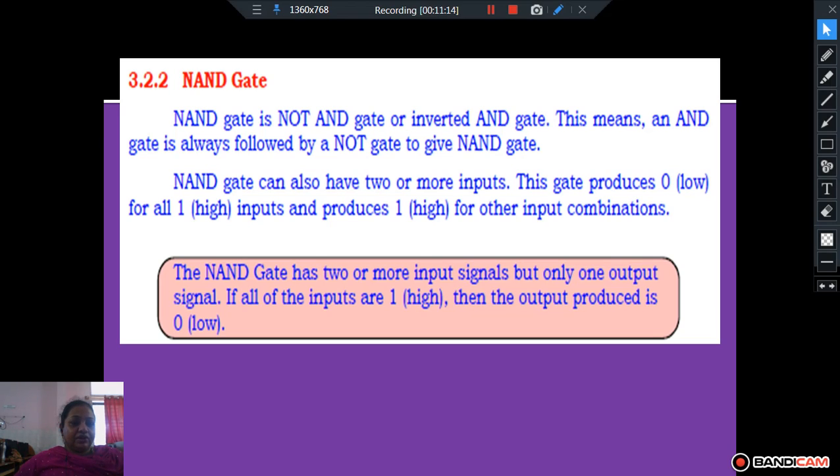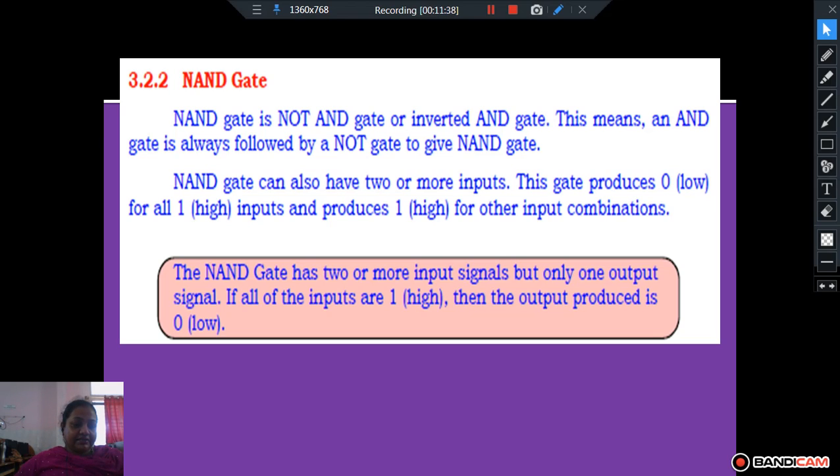NAND gate can also have 2 or more inputs, same as AND. The gate produces 0 when all the inputs are 1, otherwise the output is 1.